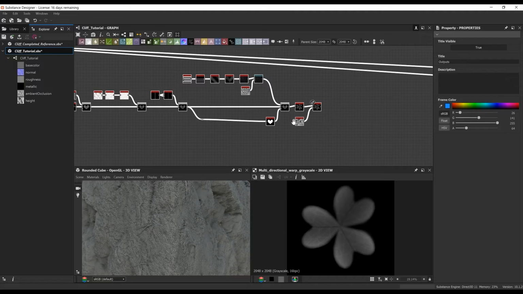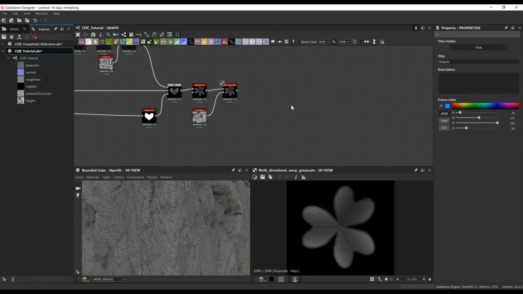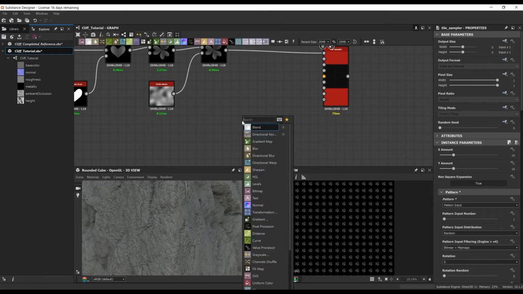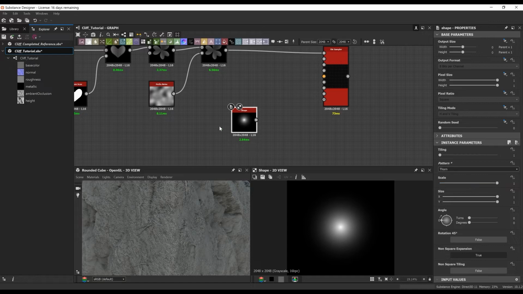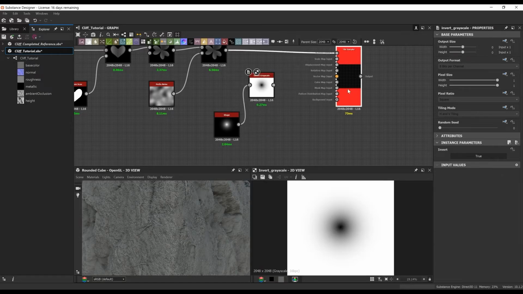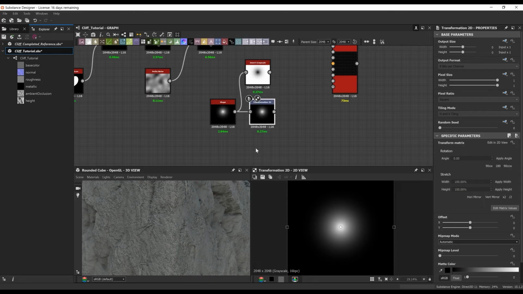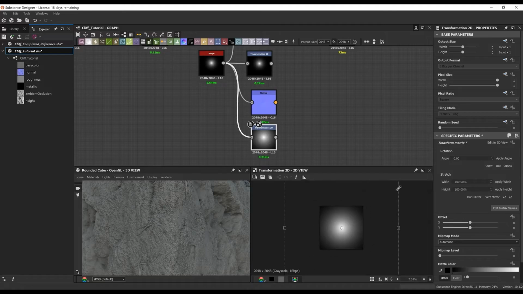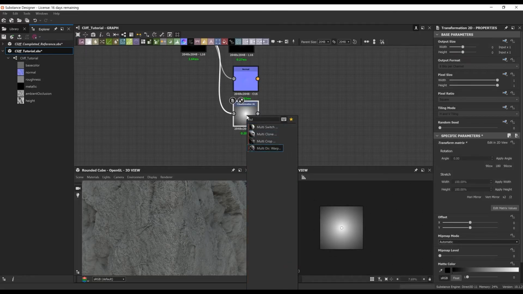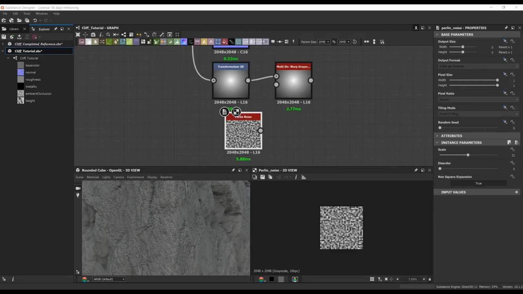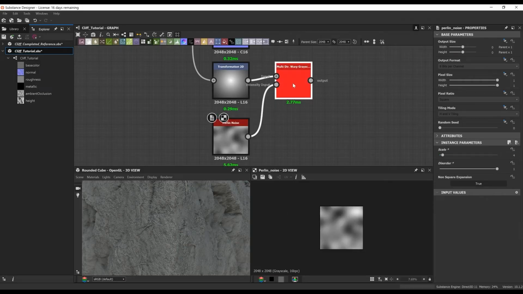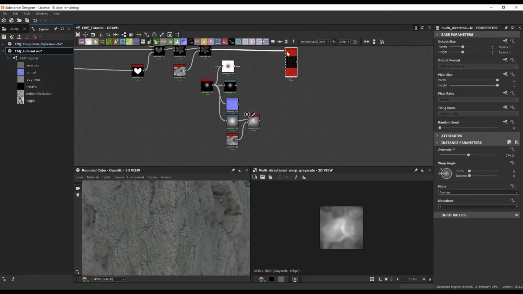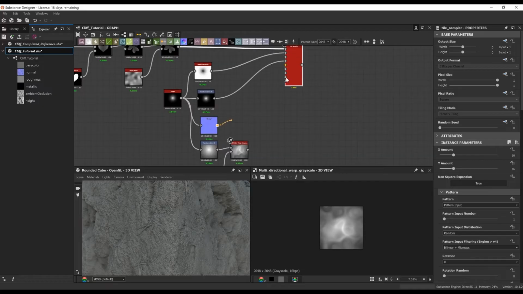Once we have this, I'm going to do the same treatment that we did with the original moss, where we have all these different inputs. Again, I just created a thorn and I'm grabbing an invert grayscale. I'm doing a transform similar to what we did with the dot node. The transform is merely there to keep the connections nice and clean. I'm doing a normal with a value of 3 and keeping it on DirectX. And then I'm doing a transform, scaling that thorn up, and warping it slightly with the Perlin noise. This one is just to get the mask of where these clovers are appearing.